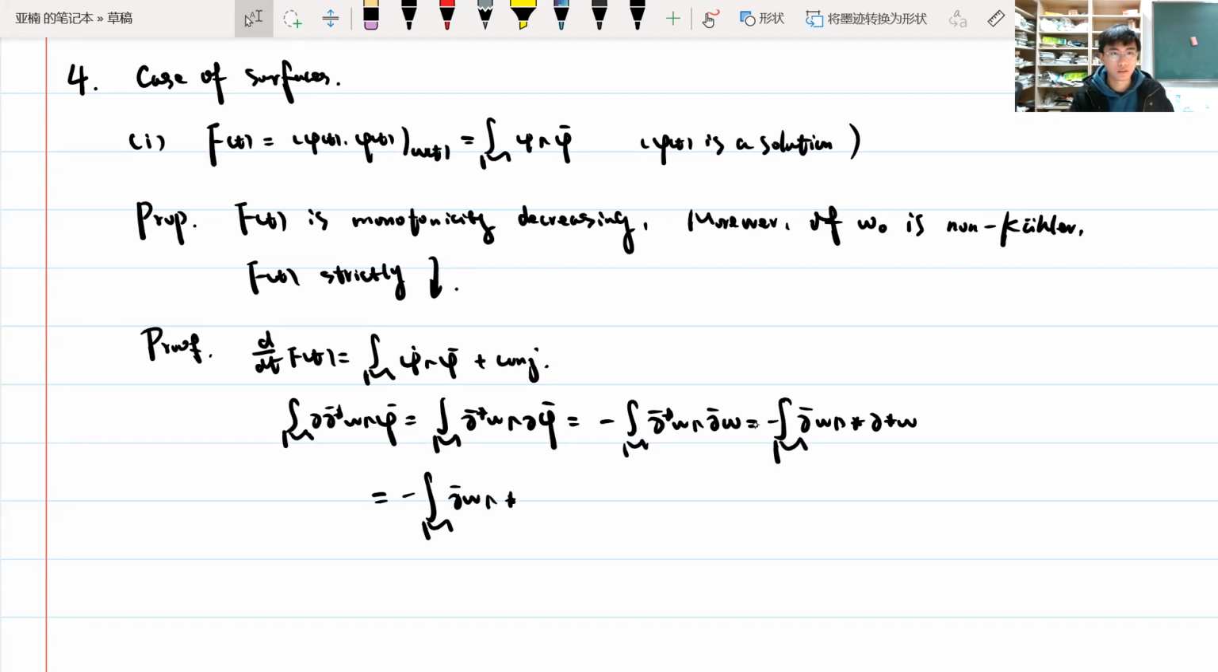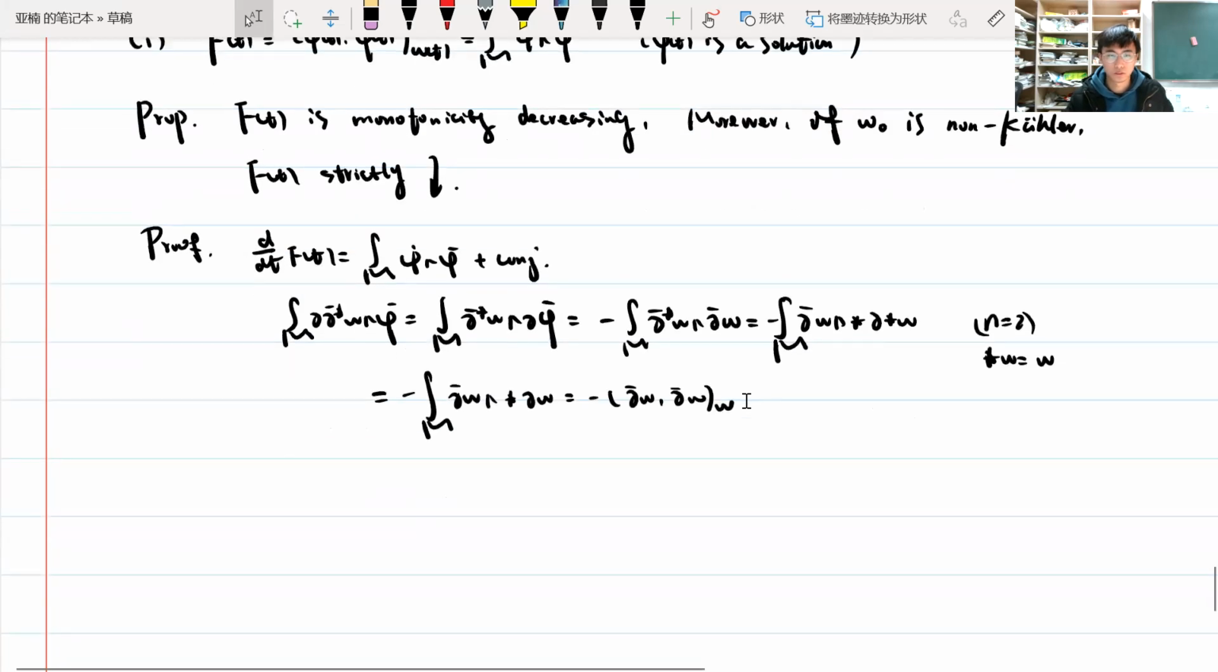Note that now we are in the surface case, dimension 2. So star omega is just omega. So it is the norm of, that is, the derivative is just